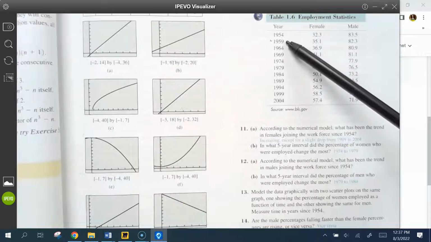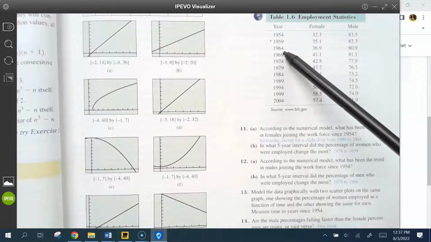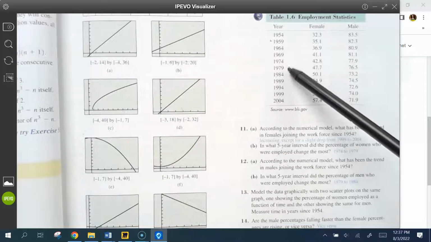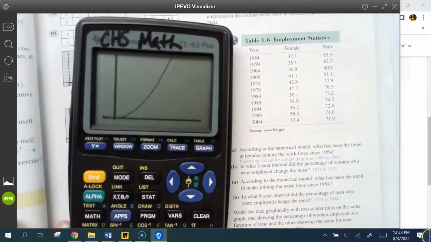0. What would 59 be? How many years since 1954 is 1959? 5. This one would be, how many years since 1954 is 1964? 10. And I bet you can see the pattern as you go. That's right. So what I'm going to do, I'm going to take my calculator, and I'm going to input these